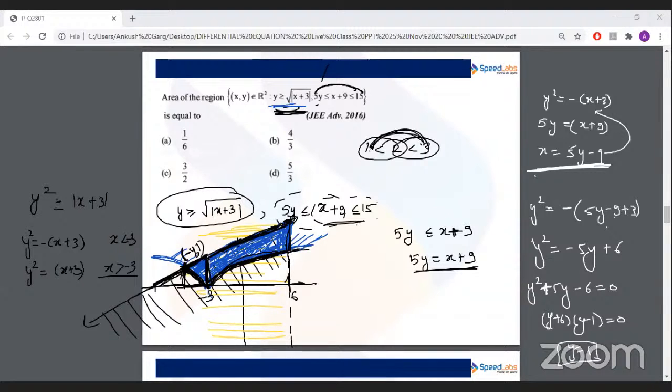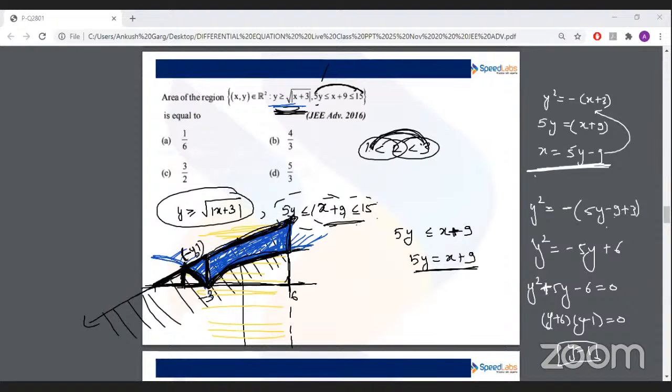The question is lengthy here, but if you want to solve it, you can solve it this way. Otherwise, what you can do, the second method, is find the area of this bigger triangle and subtract the area of this parabola and this region, that is this one small triangle and the area of the parabola. Okay, so let us solve using the first method, which is the general method,